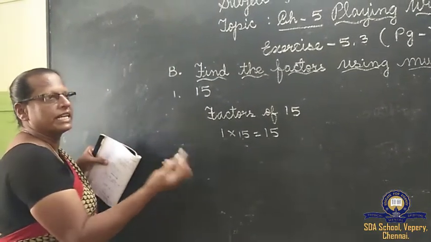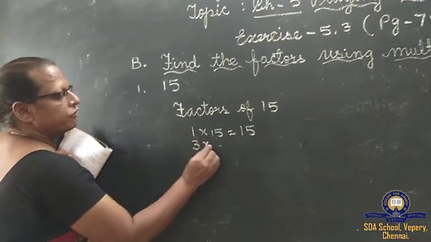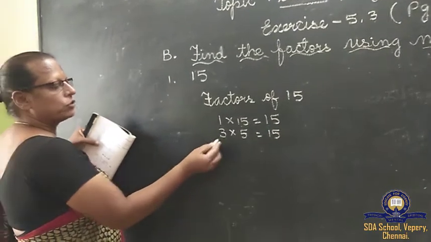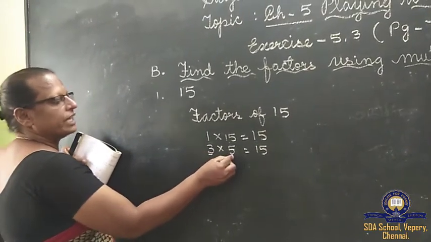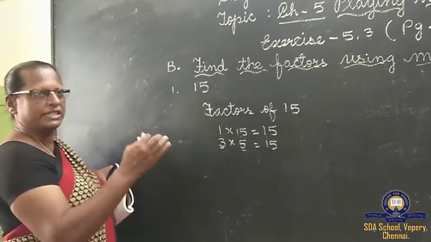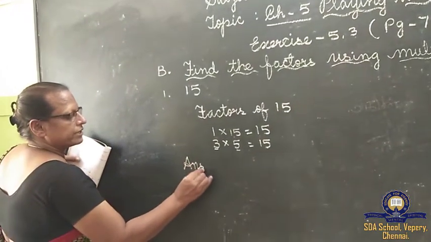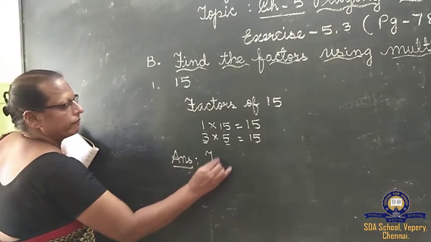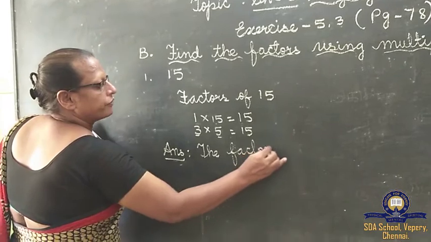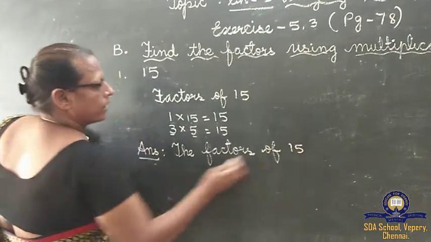In the 2 table, 15 doesn't go. In the 3 table it goes: 3 5s are 15. So in the 3 table it goes, and in the 5 table also it goes. Isn't it, children? In the 4 table it doesn't go, in the 6 table it doesn't go. So what's the answer, children? The factors of 15 are